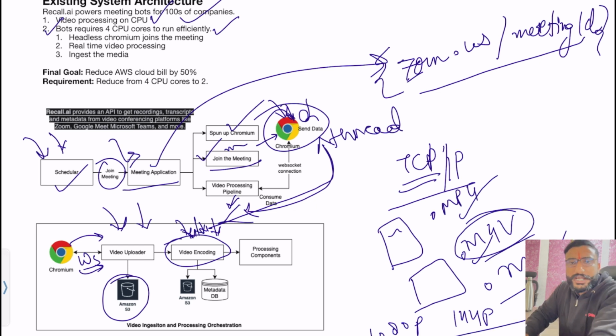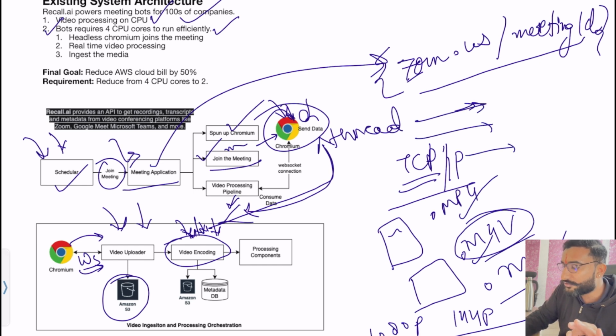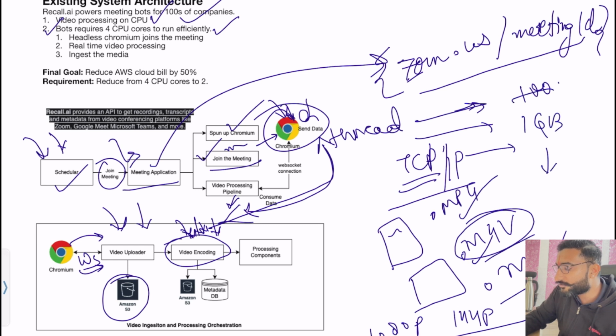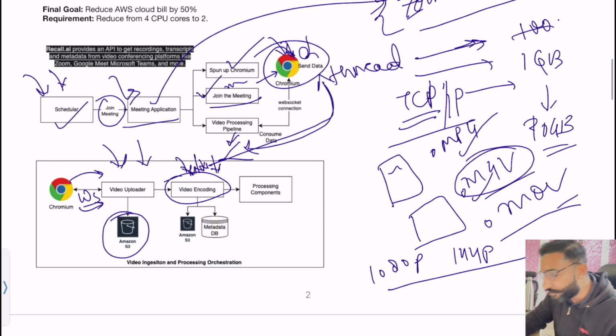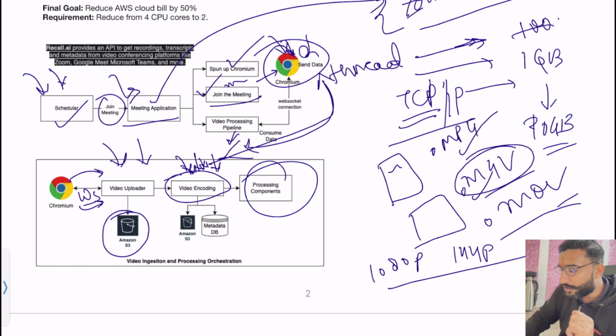What you do is capture that video and then encode it into multiple formats. You will also compress it, definitely. So the video which you received earlier was, let's say, 1 GB, and you have to compress it so that it becomes much smaller. So you have to do compression, you have to do encoding, and once that is done,